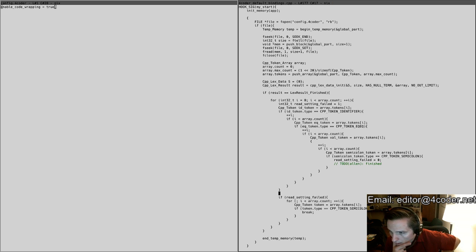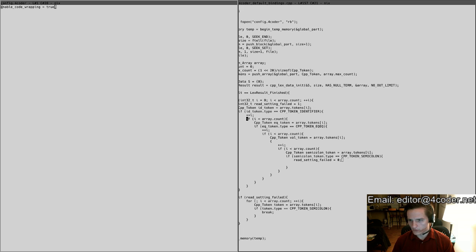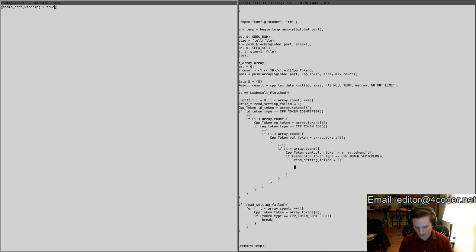Alright, so now I just need to do this work here. Now it's time for me to use one of my latest 4coder tricks. I can just do that, and there we go. So I've got the ID token, the EQ token, the val token, and the semicolon token, and all I really care about are the ID token and the val token. So first I want to find out if the ID token is an ID that I care about. So to do that, I'm going to say string ID equals make string. We're going to take the